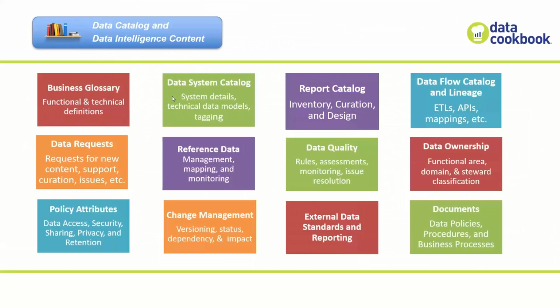And this is really something that brings those two things together, having a glossary repository, like a semantic layer, and then the actual technical layer down here. The report catalog is exactly what it sounds like. It's an inventory or documentation of all the reports that you have, but also an area where you can add additional curation on it. So you can talk about the usability of the report, the purpose of it, who owns it,